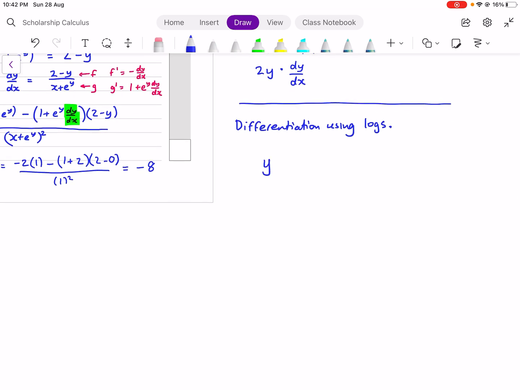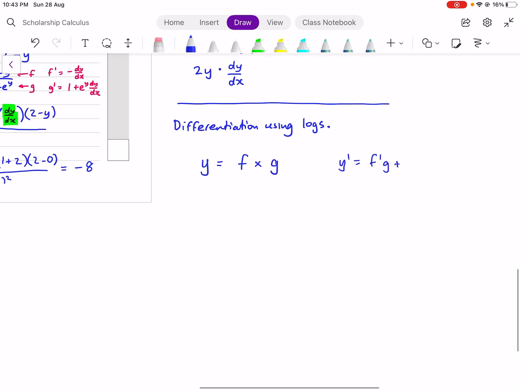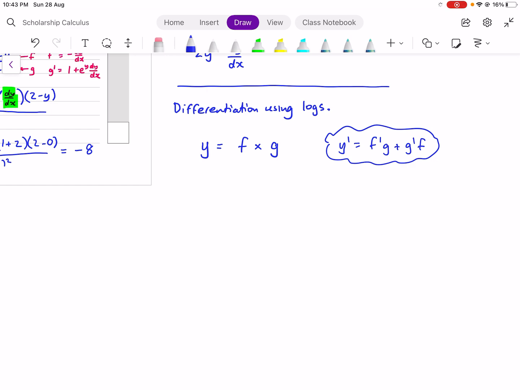If you have a function y equals f times g, for example, we know that there's a formula that enables us to diff that. We know that y dash is f dash g plus g dash f. However, logs are quite useful because logs turn things from products into sums. If I log both sides of this expression, log of y, and I use the natural log because I know its derivative, any log would have done. Using log rules, that becomes log of f